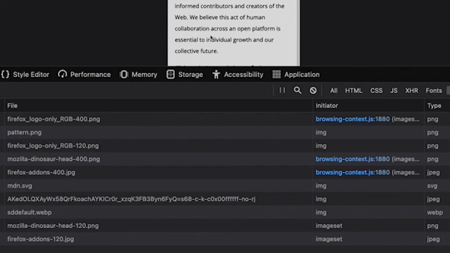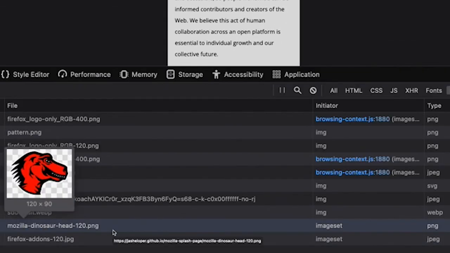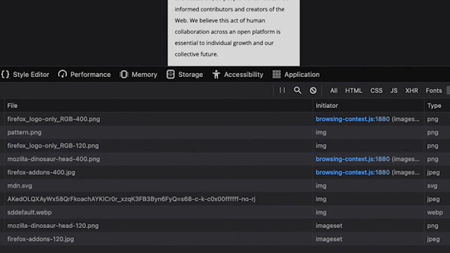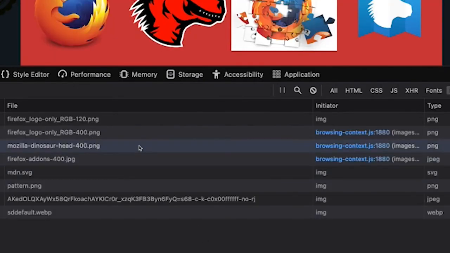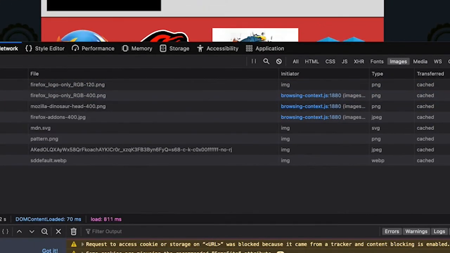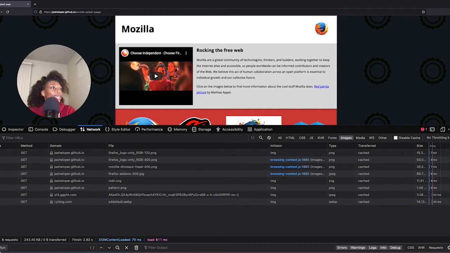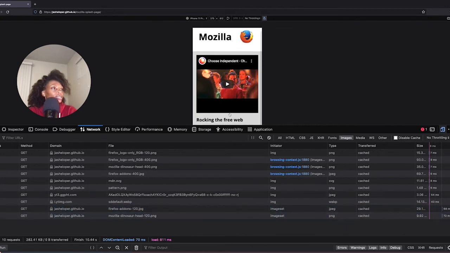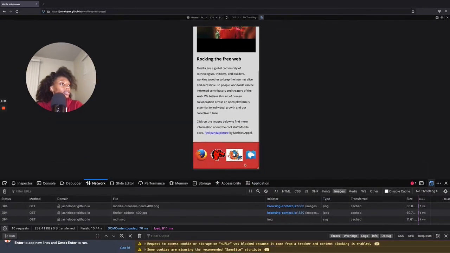So yeah, you can see the 120 images, in which you don't see it once it first loads. You see that the 400s load. This 120 up here, by the way, this is the Firefox logo up here on the right. So go down to mobile, it brings us our 120s. All right, so we got that working, and the images are definitely going to save somebody some memory and some